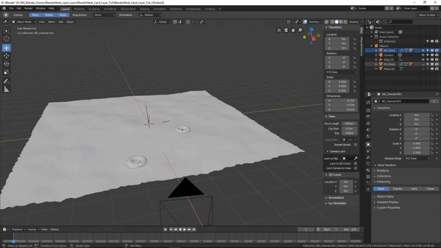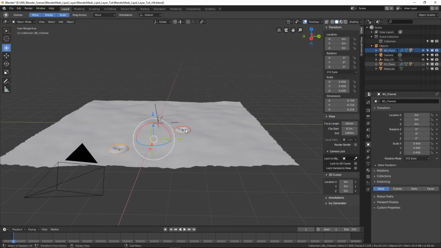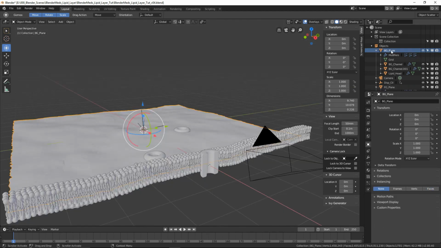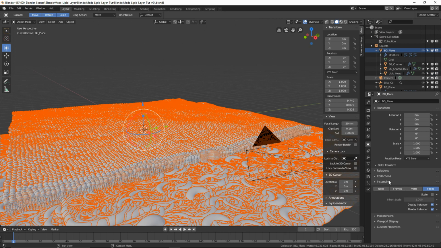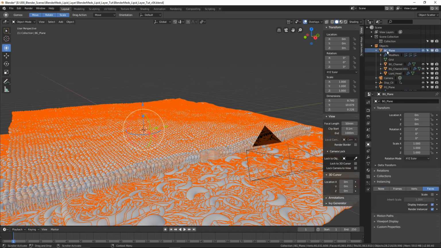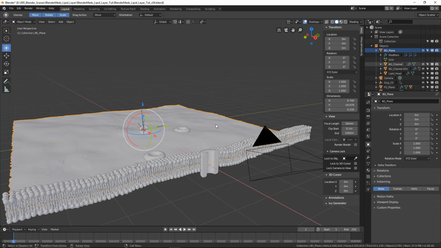Okay, so you can see they're stuck right on the membrane surface, which isn't what we want, so we'll go back to the background plane and we'll turn instancing back on. Okay, turn on the instancing. Now you see it's gone and instanced these channels as well. Okay, so the easiest way to fix that, grab the background plane, just turn the instancing off, grab that,